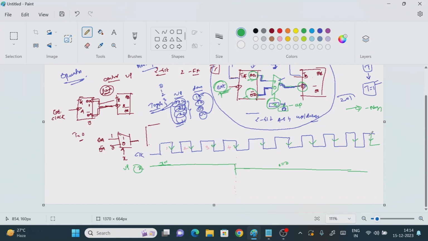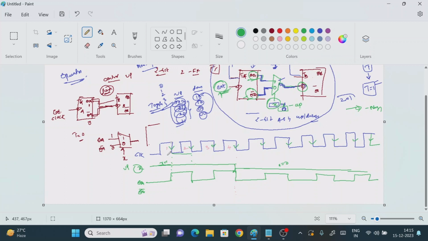Now see that, the output of QA bar we need to find out, right? Here we have the output of QA, and then one more is QA bar. Now if you observe here, at this point of the time period, what is the value of the output? It is 0. From here to here, what is the output value? The value is 1. Next pulse it is 0, next one it is 1, up to where? From here to here it is 1, right? Now what is happening after that? It is 0, then 1, then again 0, then 1, then 0, then 1, something like this.